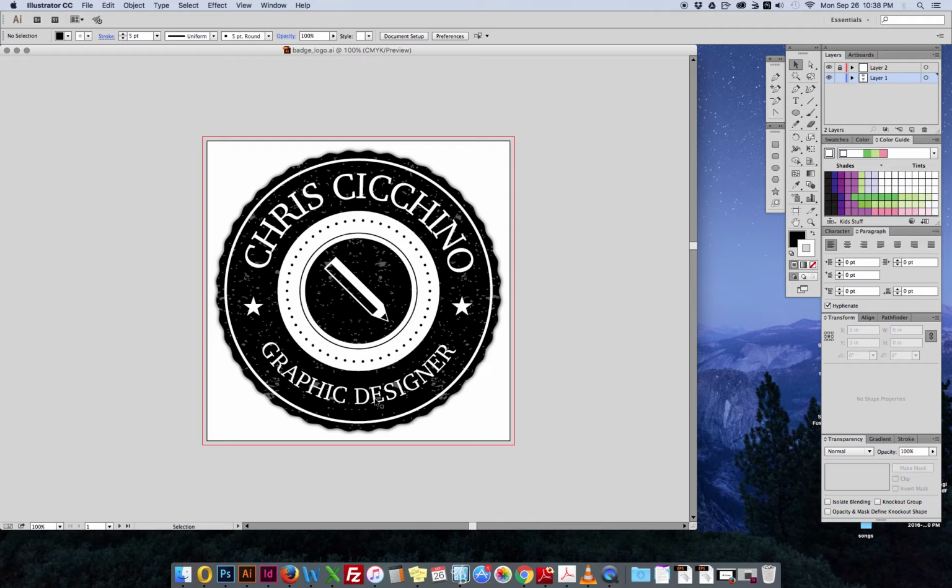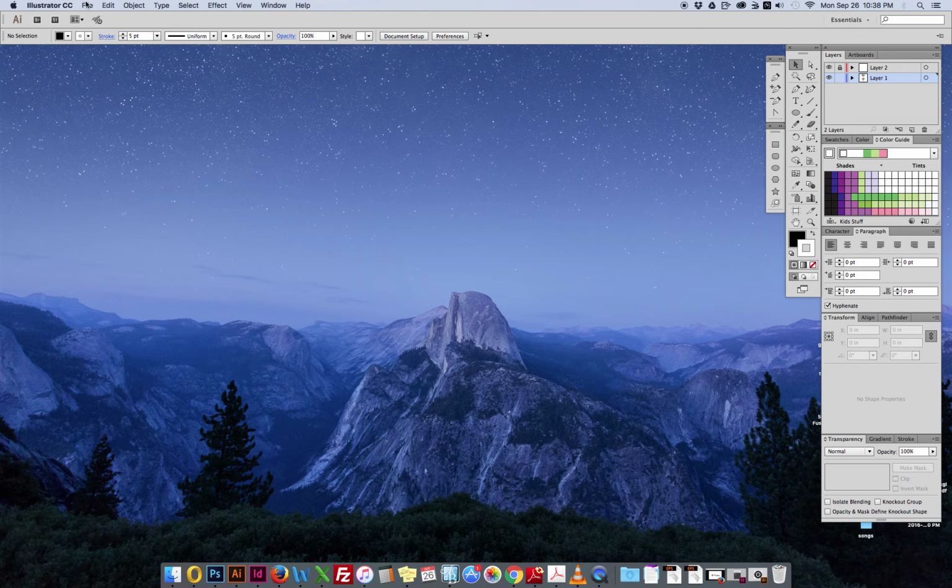Okay, today we're going to work on assignment number 2, which is a badge logo. Here we're going to use a bunch of circles, varying strokes, and a few type on a path circles to create a few little icons. We're going to start from new, Command N, or File New,